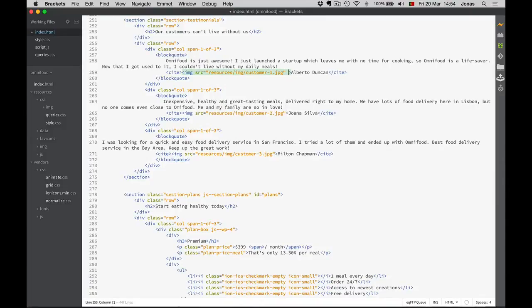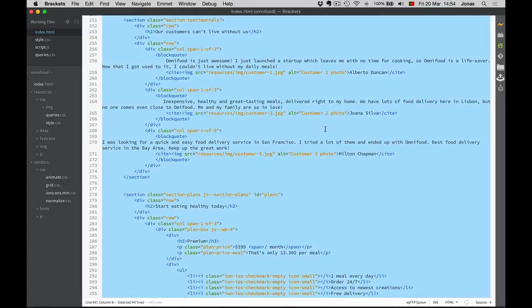See the alternative text. I'll just say customer 1 photo. And I'm going to copy it. 3 and 2. Alright. So again,